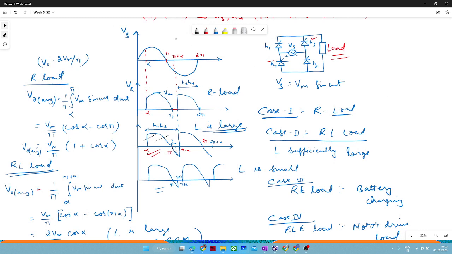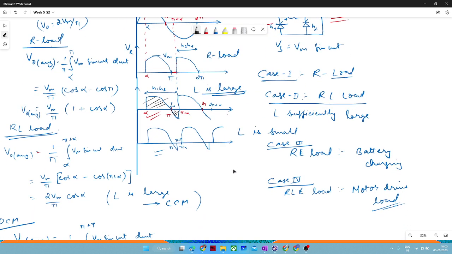Obviously, during this period, some energy would be consumed by the resistor, which is the load, and some energy would be stored by the inductor, and the stored energy would be released during the period from pi to pi plus alpha. Okay,